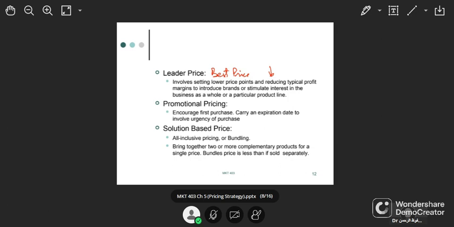Promotional pricing means pricing done to promote sales, like the discounts, offers, all these things. The reason is sometimes to encourage first purchase. See, a product is launched in the market and price is often higher, right? New product. Customer doesn't have a review about this product, or you are visiting a new city, you are searching for hotels